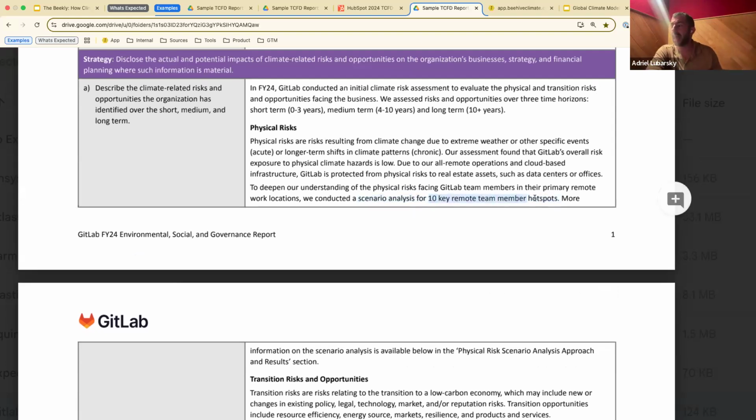The reason they looked at 10 key remote member hotspots is because traditionally, physical risk modeling is a very time-intensive and therefore very expensive process. When GitLab worked with their consultant, a large sustainability consultant that folks in the ESG universe probably know well, they paid them quite a bit of money. That consultant said, hey, we need to do a lot of desktop research per region in which we want to do any sort of physical risk report. So every additional region you want to understand the risks of will be an additional X amount of money. And so GitLab had to prioritize budget.